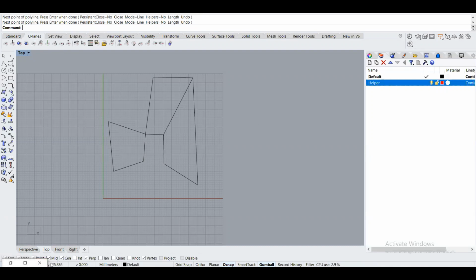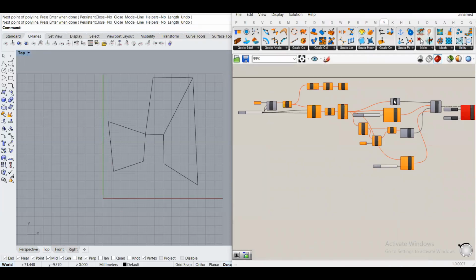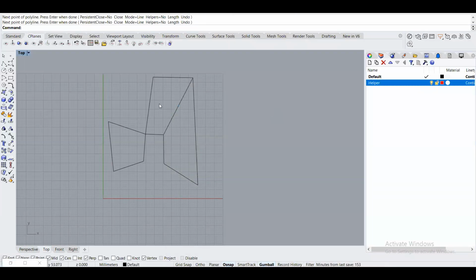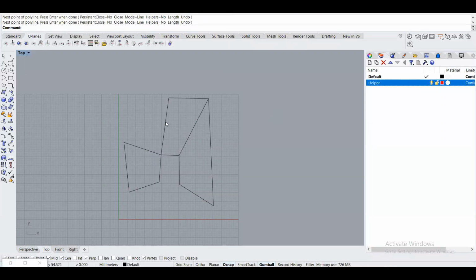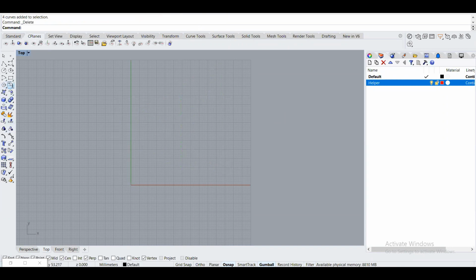So Grasshopper is still here. It's only that I have deleted everything in Rhino, and I'm redrawing everything within Rhino. I'm just showing you how to make a different shape. So right now I'm just going to make something quite simple. Something like that, maybe. No, that's boring. Let's do